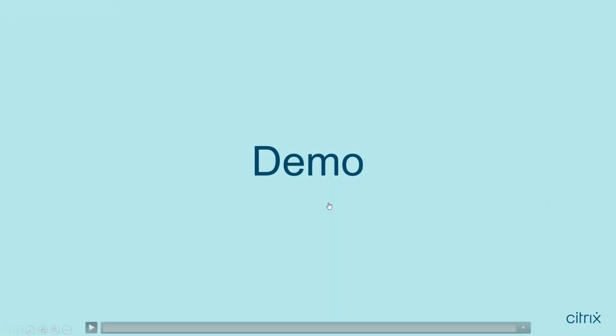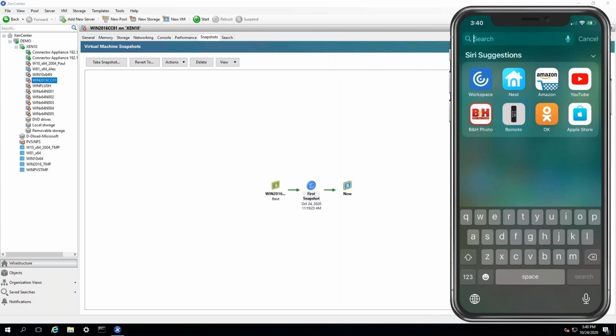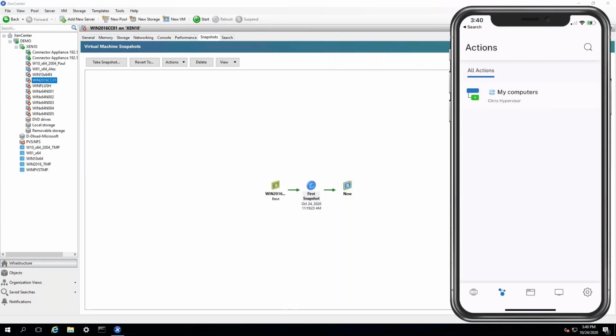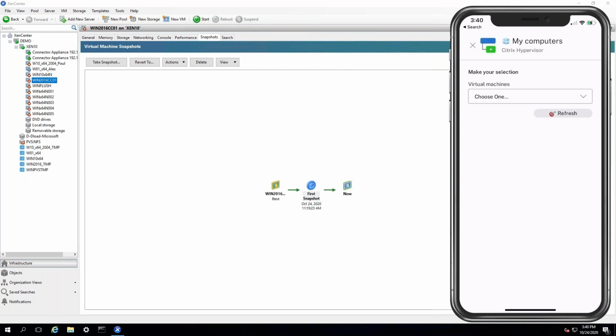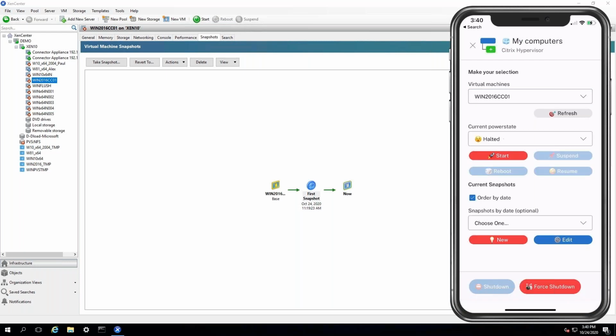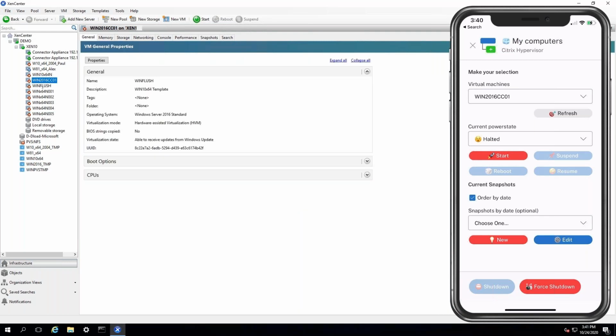All right, so let's take a look at a really quick demo. It will show you one of the microapps that I created. It has sound, but I'll just talk over it and illustrate what it is. What you're looking at, some of you are familiar with, some might not. This is XenCenter, a view into Citrix Hypervisor. On the right side is a microapp that I wrote that manipulates Citrix Hypervisor, known as XenServer. If you have an Azure environment or VMware, you can do the same thing with your own hypervisor.